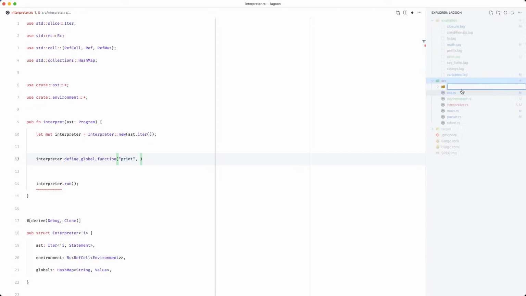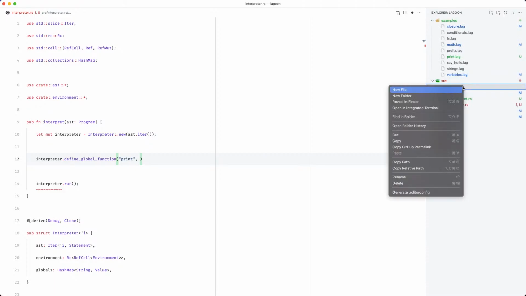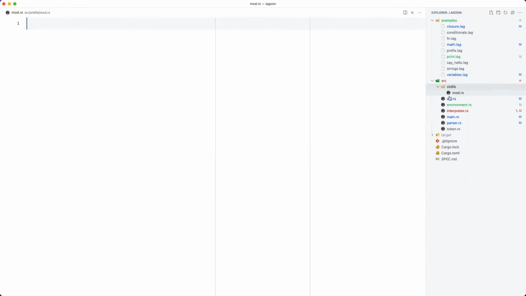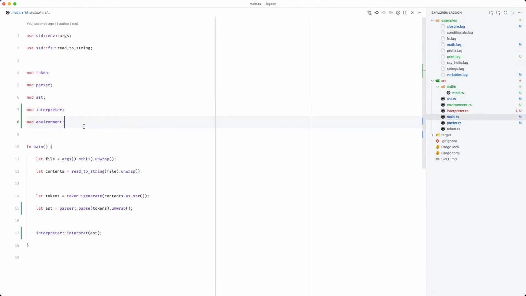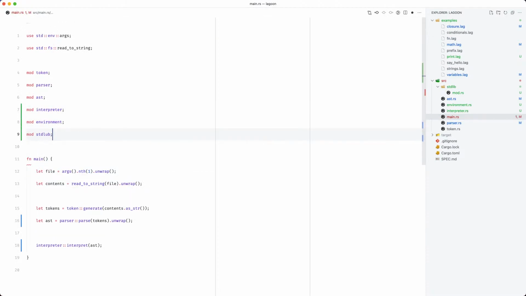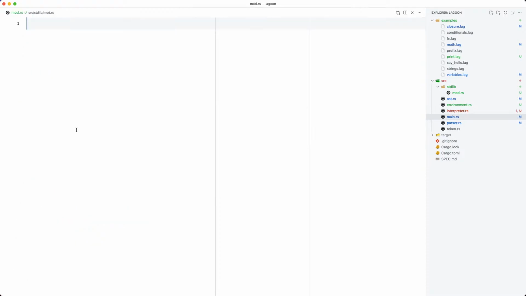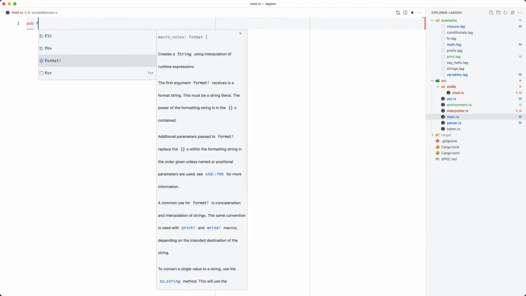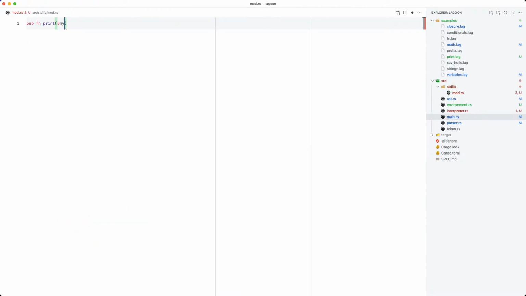Let's create a folder for our standard library, and we'll do mod standard_lib, and do a pub fn print that receives an interpreter.